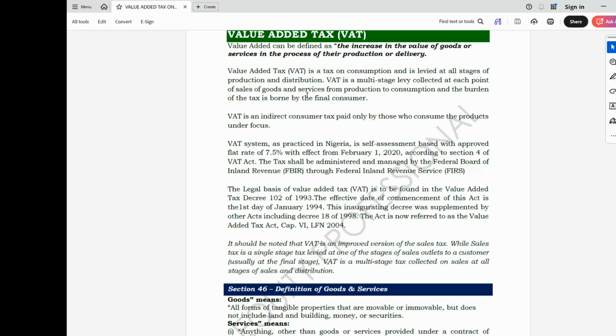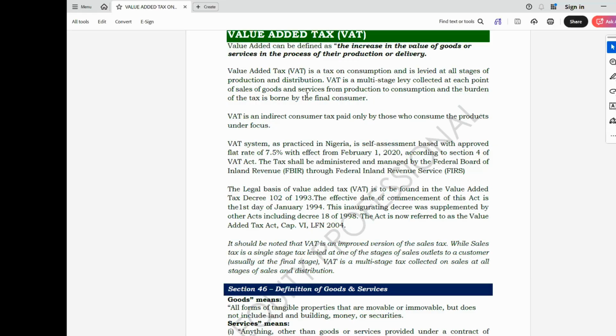the final consumer. So the consumer will bear the final burden of the tax, which is the person that is going to bear the final burden of the tax. So it's borne by the consumer. It is a multi-stage tax collected at each point of sale from production to consumption, and the burden is borne